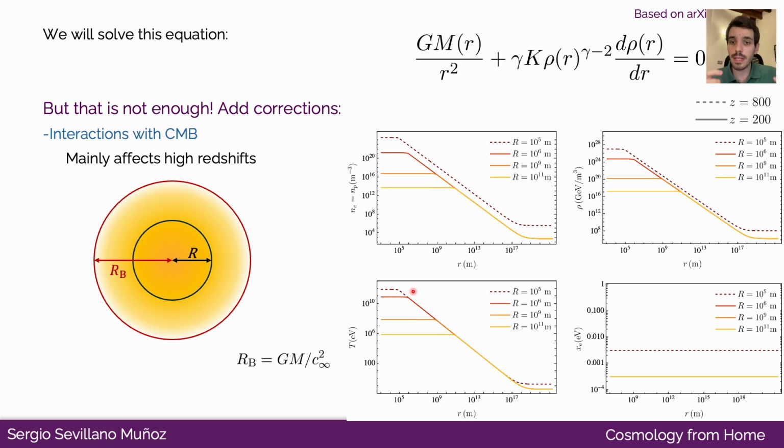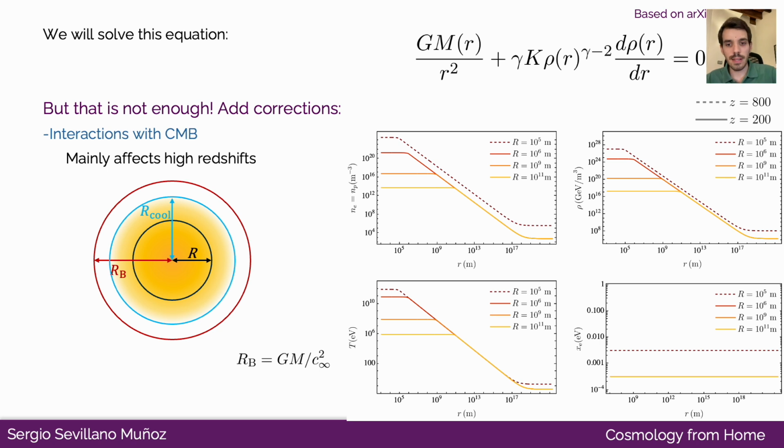Now, if you have some interactions with the CMB, and the CMB tends to cool whatever is happening inside the EDO, that is not going to affect the number density of electrons or the energy density of matter. Of course, that is not going to be affected because this just affects the temperature. So we should see some difference in this lower plot over here. And you can calculate that the radius is going to become smaller, and defines a new radius over there